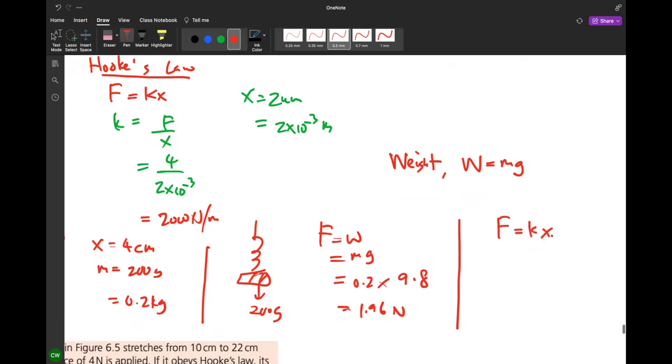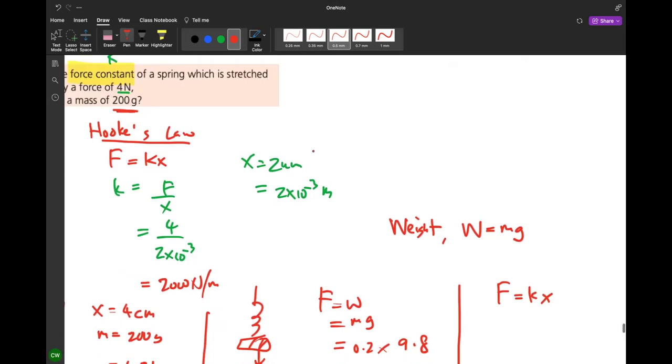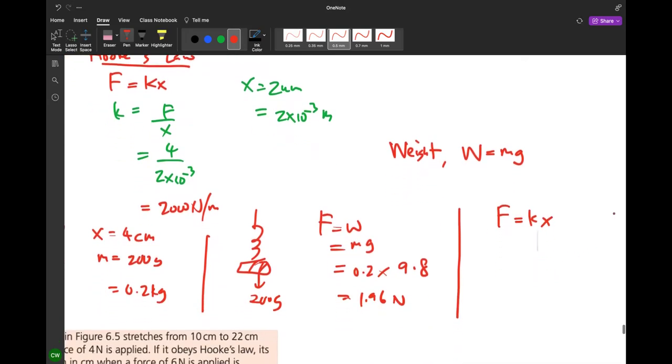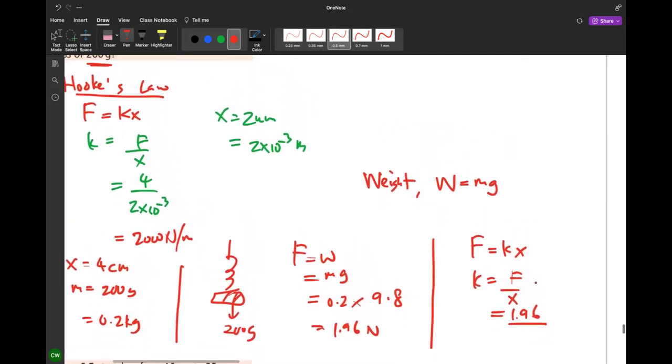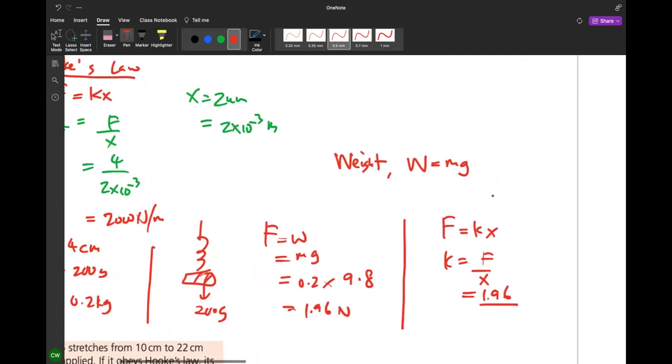Can you look for me the value of the K value? 找 K 出来。K is F over S. What is F? 就这个 value 1.96 divided by what? 4 cm. But you cannot use 4 cm. Can we change to something else? Can we change to meter? 讲换成 meter, cm 换成 meter 等于什么？